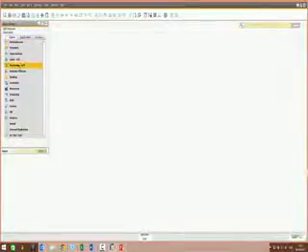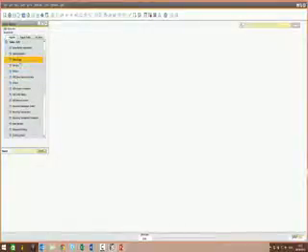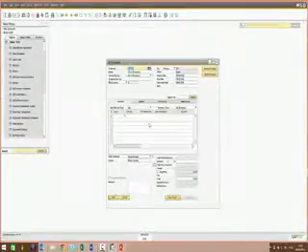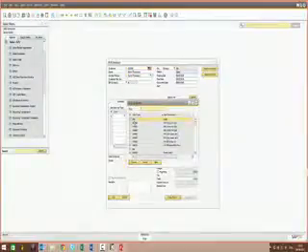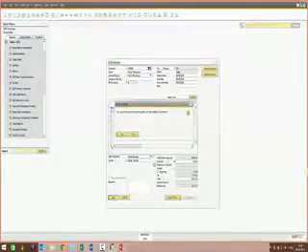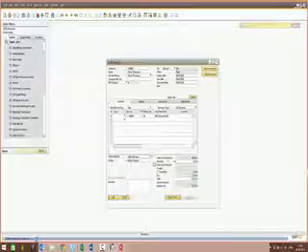So the first thing I would like to show you is how to automate the creation of an email when adding a document. For example, I have here an AR invoice. I can pick a customer and I will pick an item and I will just go ahead and add the AR invoice. In the background, what you're going to see down below is that this invoice is being emailed automatically to the